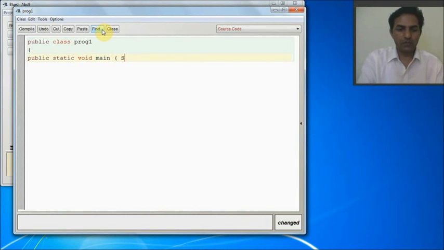In that void main I am going to use String, then args, so I am using args, then bracket, then I am going to use curly braces, then System.out.println, then bracket, double quotation, I am going to write Java programming.